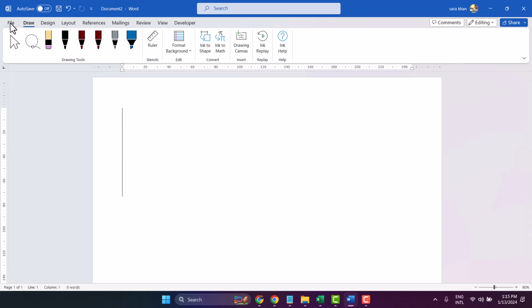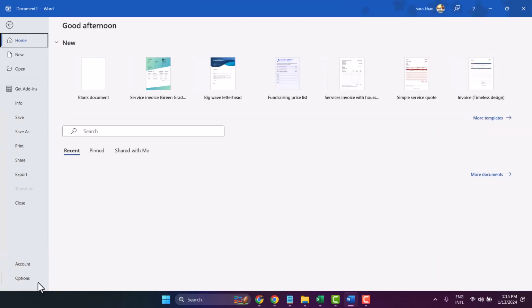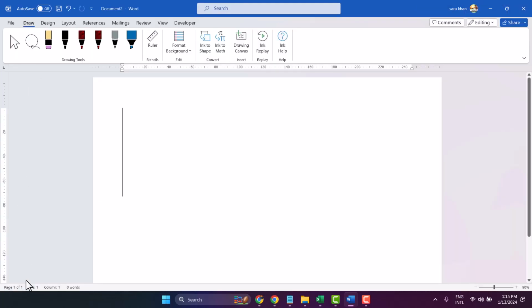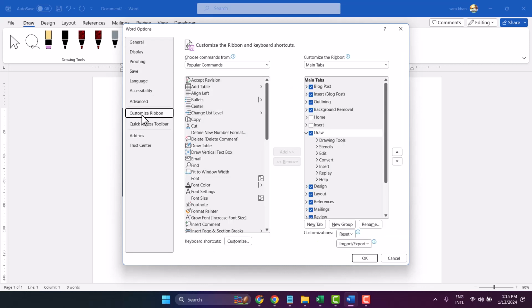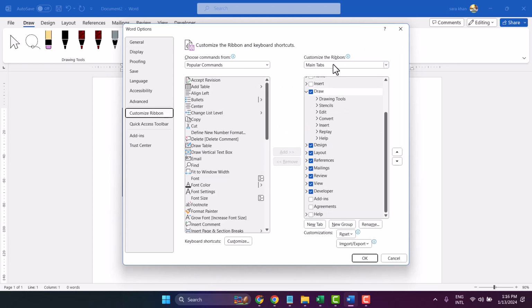Click on File, then here click on Options. Now in this left side panel, click on Customize ribbon. Here customize the ribbon, select Main tabs or select all tabs,